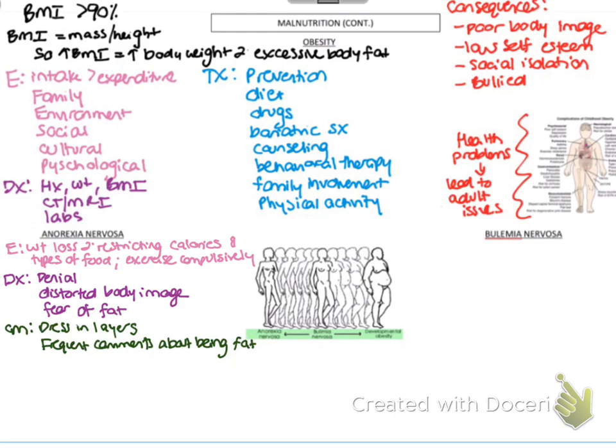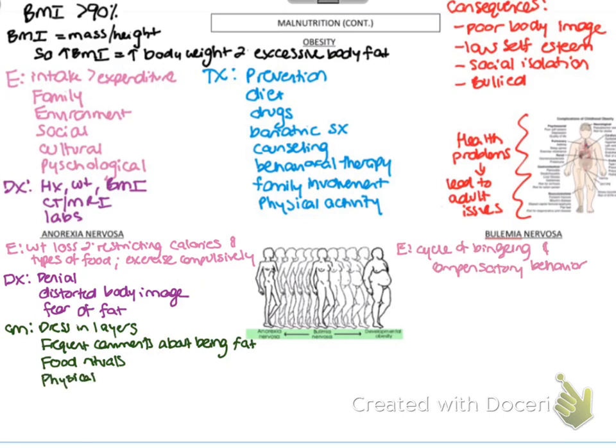They tend to dress in layers because they will say they're fat, and then people are like, oh my God, no, you're not fat. So they hide it. Even though they're in denial, they'll hide it from everybody. They make frequent comments about being fat. They have food rituals, like they eat food the same way every time. They have to eat in a certain place. Their food and their diet completely control them. They will not go out because they have to eat at a certain time. They won't hang out with their friends. There are lots of things they won't do because their food and their ritual will control them.